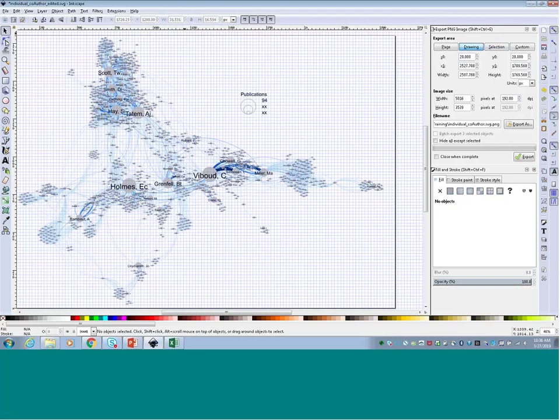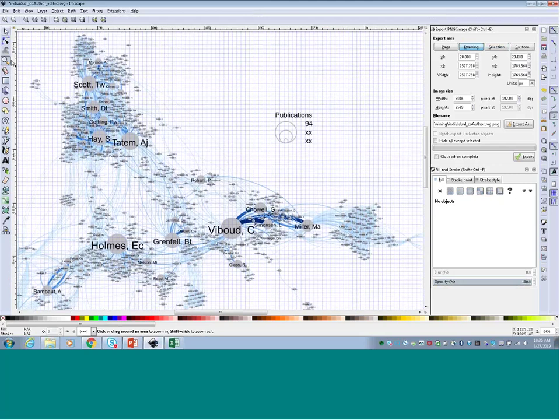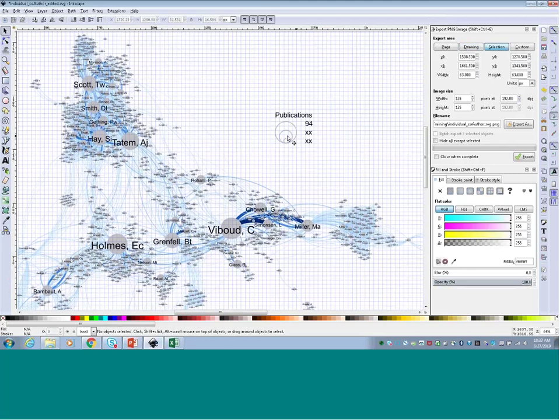So now again, we can zoom in a little bit. We can figure out how big this is versus this middle circle is, and then we can find the person that actually corresponds to that number of publications. So we can see that this particular 3 square circle has a width of 63 and a height of 63.